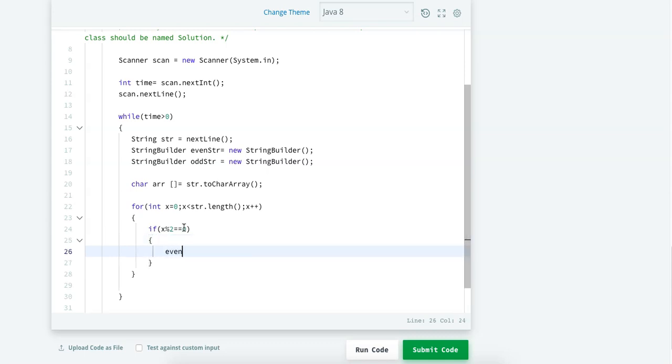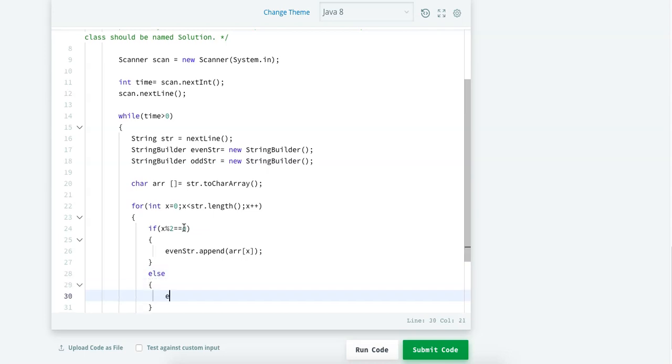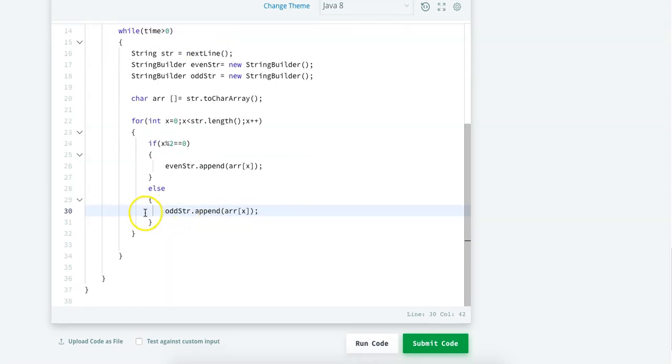Then I will append the character to the evenStr variable. Otherwise, if x is odd, I will append the character to the oddStr variable. And once the complete loop is done, as per the sample output, I need a space after the even characters.